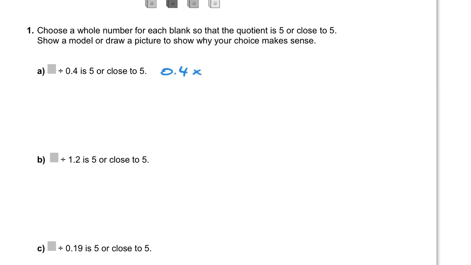0.4 times 5 equals something, right? How many times does this 4/10 fit into here? Well, it fits in 5 times. 4/10 times 5 will give us this number right here. Now I know that 5 times 4 is 20, but 5 times 0.4 is 2. And to show you why this makes sense on a number line,